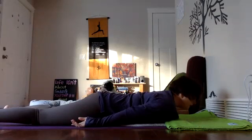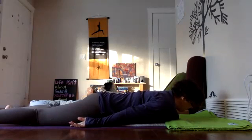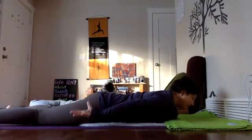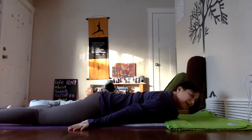And take a full breath in, sigh it out. And then if both your arms are down, or bring your right arm down, we'll just come back to that locust pose again. So press the backs of the hands into the floor, open your fingers wide, press the nails